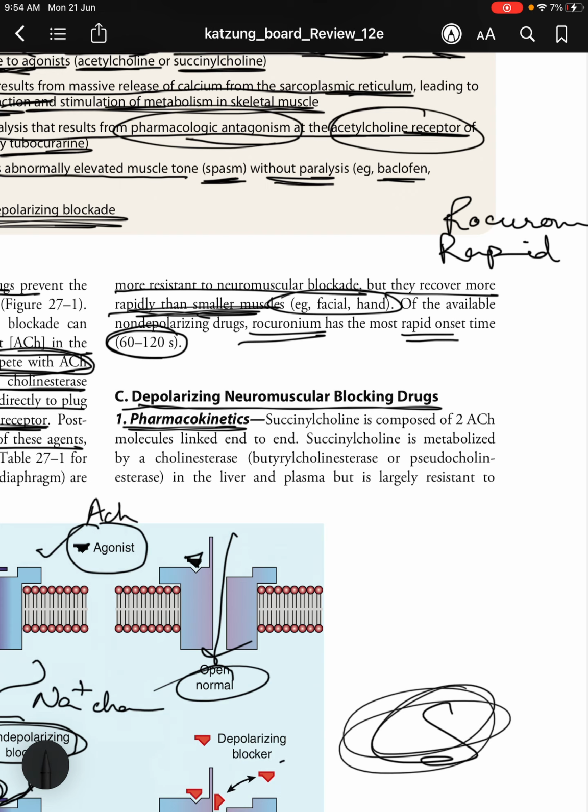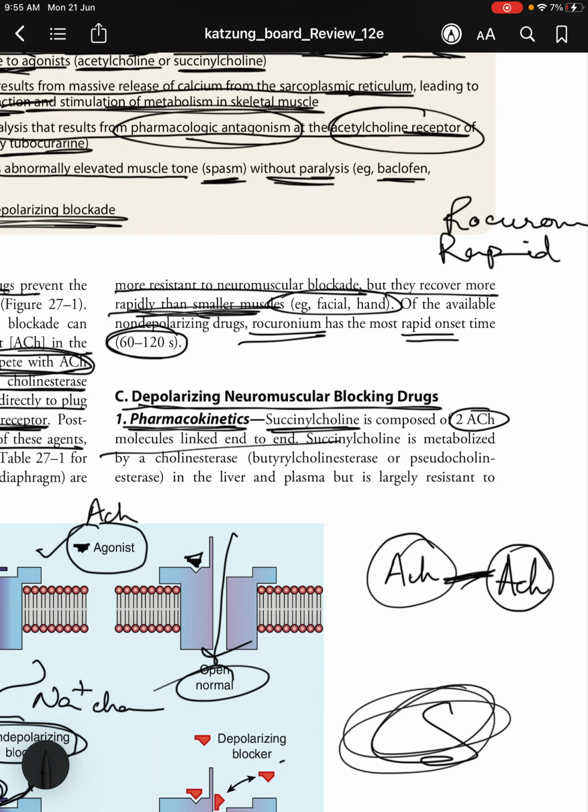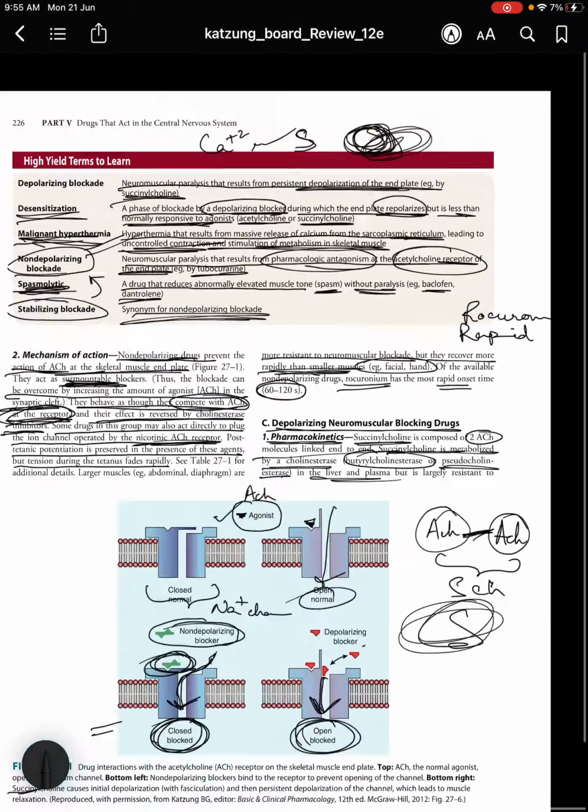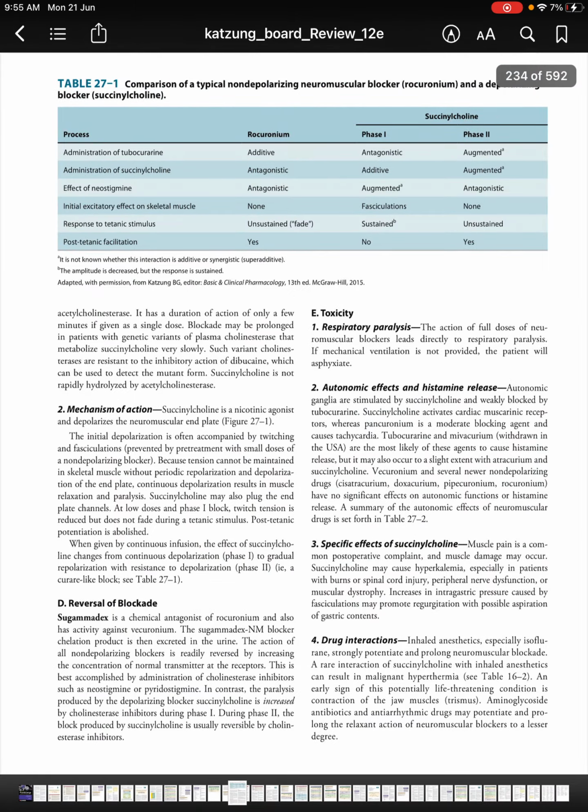Coming to the depolarizing neuromuscular blocking drugs, let's start with the pharmacokinetics. Succinylcholine is composed of two ACH molecules linked end to end. So if this is one ACH molecule and this is another ACH molecule, they're linked end to end and this forms succinylcholine. Okay, so succinylcholine is metabolized by a cholinesterase called butyrylcholinesterase or pseudocholinesterase in the liver and plasma, but